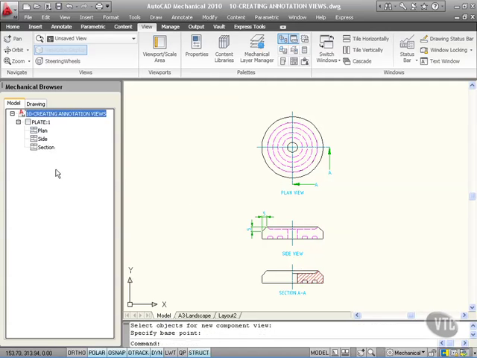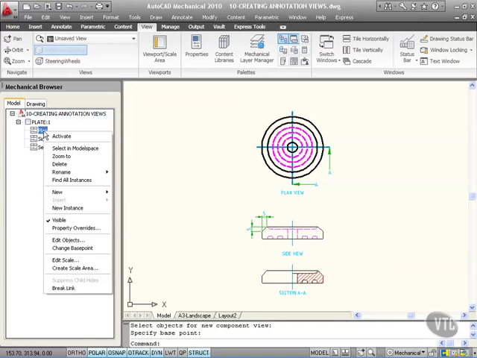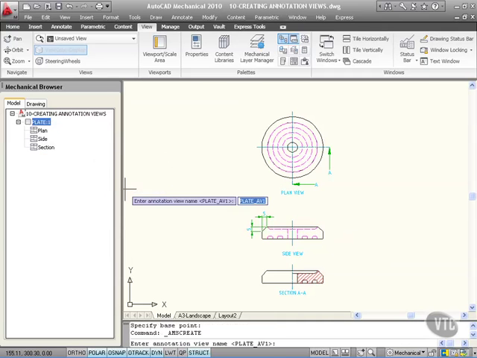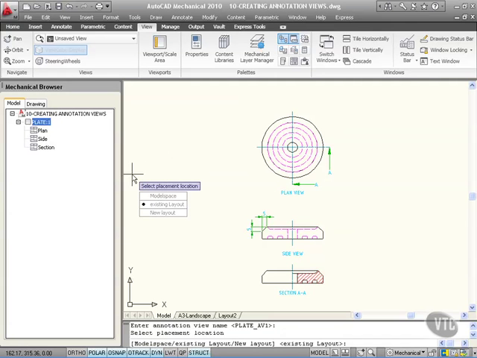Now, annotation views, what do I do there? Well, what I can do is I can click on Plan here, right click, and if I go to New, can I place an annotation view? No, I can't. However, if I go to Plate 1, right click and go New Annotation View, it then asks me for an annotation view name. I'm going to call it Plate_AVI1 and just press enter there to accept the default, and then I'm going to